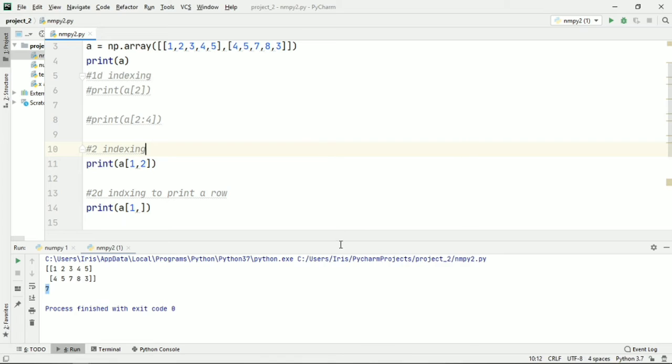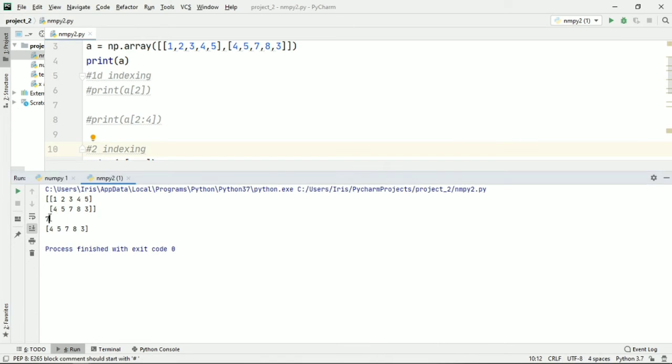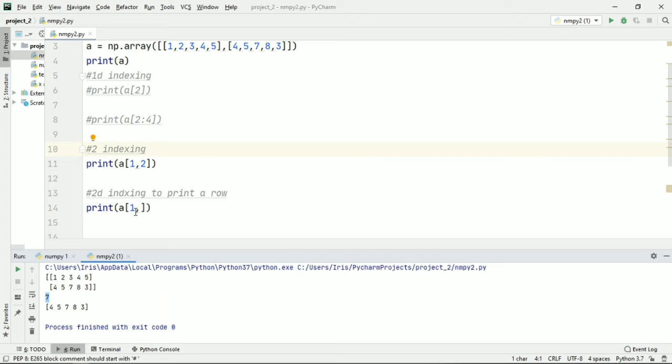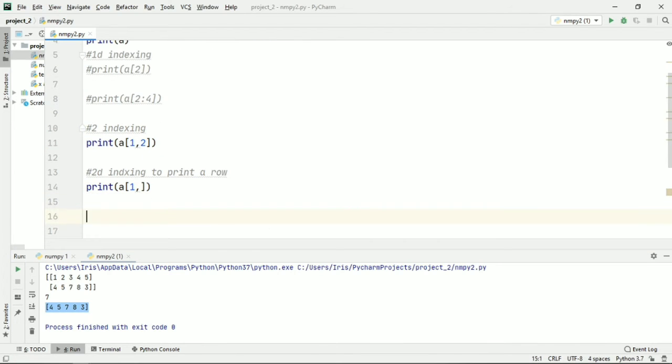You just leave it blank like how I've done, and let's print that and see. Okay, so let's just ignore 7, and here we get what did we print? We printed 1, space nothing. So we have got a second array, that's 4, 5, 7 and 8. So that is pretty much the basic way to index a two-dimensional array.